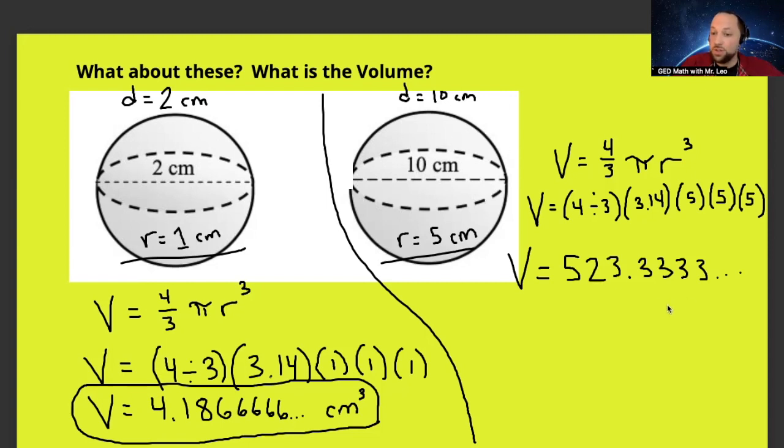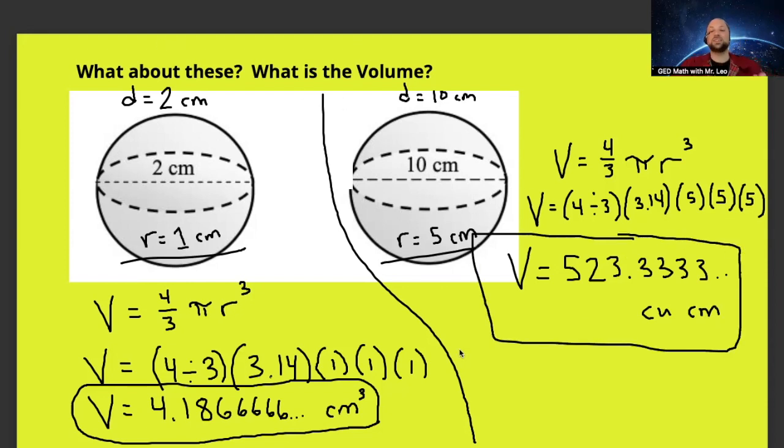All right, let's label the units. This would be cubic centimeters. They gave us centimeters. Centimeters are always cubic when doing volume. Volume is always cubic units. Here is our final answer: 523.33333 cubic centimeters. We could round that off, but for today, I'm leaving it just like that. Great job. This has been the volume of a sphere formula, one of the more advanced formulas on the GED